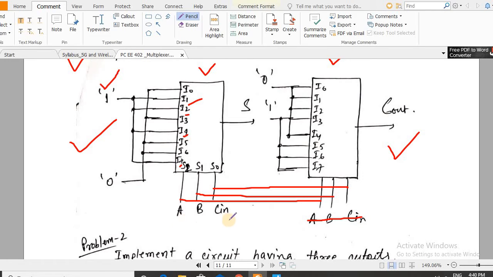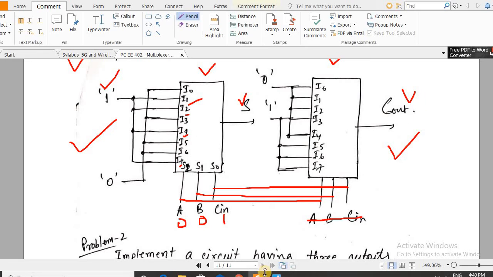So A, B, Cin is the input, and if we say 0 0 0, sum will be 0, carry will be 0. If we say 0 0 1, sum will be 1, because 0 0 1 will select I1. What is the input at I1? I1 is 1. In that case, what will be the carry? 0 0 1 selects I1, I1 is 0 for carry, so carry is 0.